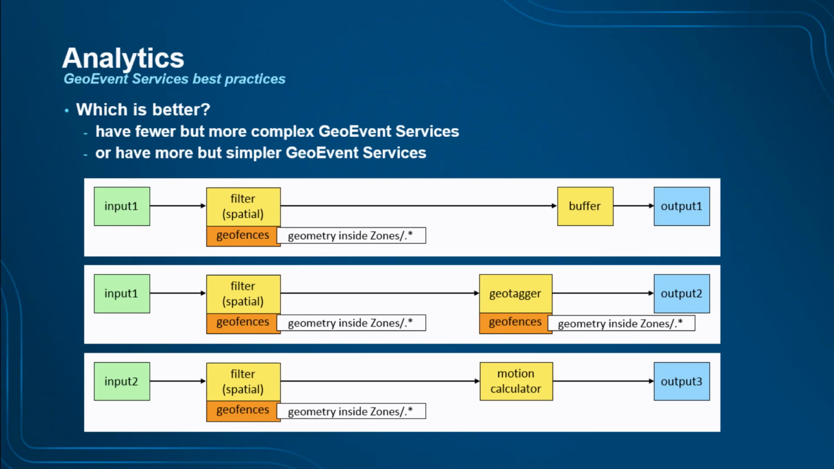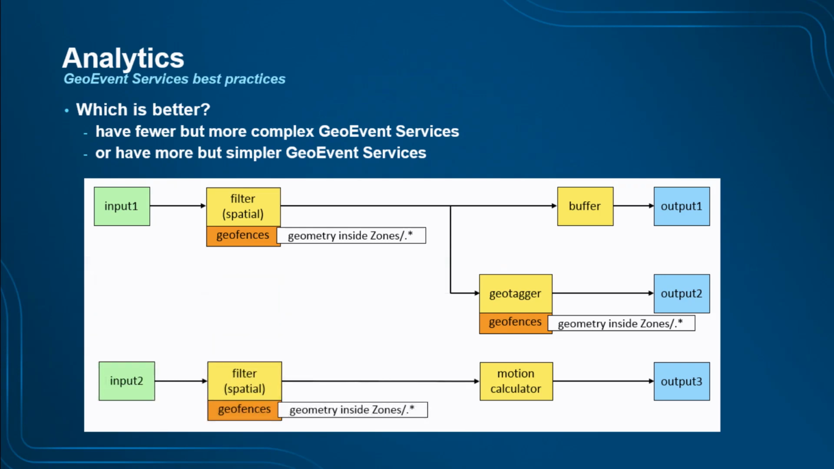And then this second GeoEvent service is also employing a geotagger step against those geofences. So this configuration would be less than optimal because the geofences are being stored in the cache multiple times. They're being stored in the cache for each GeoEvent service, and that is taking up additional RAM that you don't need to be consumed. So for this kind of situation, the optimal approach would actually be to combine everything